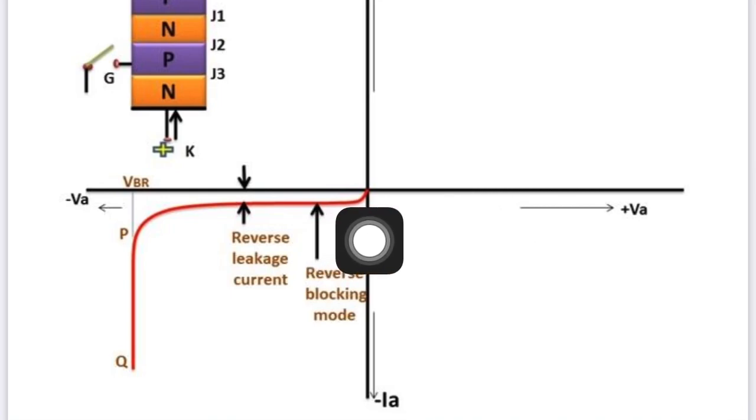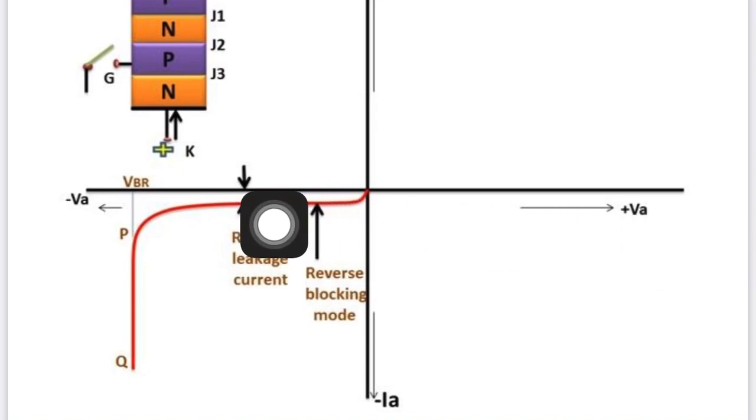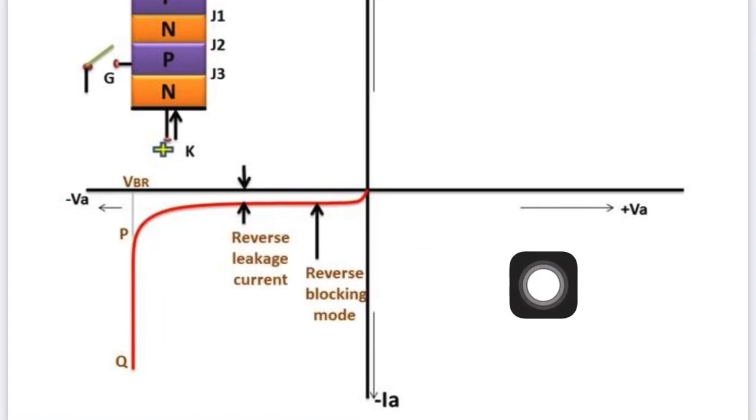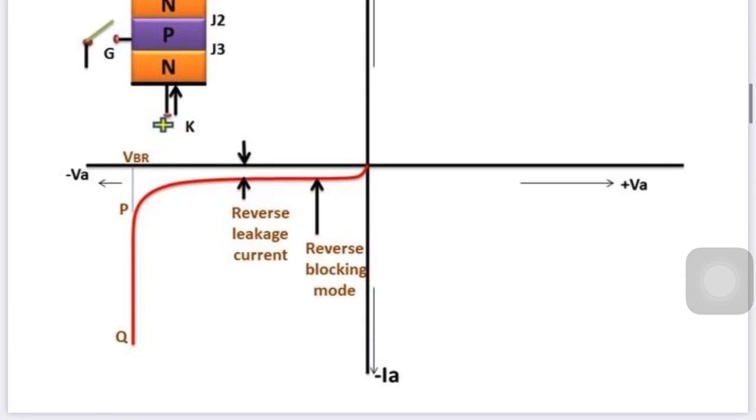So that is the reason there is some anode current flowing. After some voltage is applied, it is constant, you can see. So that mode is called the reverse leakage current in reverse blocking mode. Then we keep applying the voltage, further and further, up to the voltage VBR. At this point of VBR, both junctions J3 and J1 break down, and current is allowed in the reverse condition. After this point of breakdown, that is after avalanche, the current tries to increase reversely.